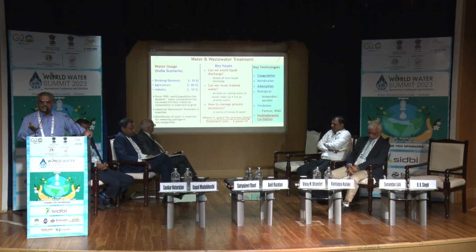For example, in some pharmaceutical industries, the cost of treatment can be as high as 400 to 1000 rupees per meter cube. Whereas small industries like the dye industry and other small scale industries want a cost of treatment of less than 20 or 30 rupees per meter cube. So you have this huge gap in terms of treatment technologies, and that is where we need different types of technologies. In wastewater treatment, no one technology is suitable for treating all types of waters. So we need to evolve different treatment options and combinations of them, so that we have a techno-economically feasible option for industrial wastewater treatment, recycle and reuse.